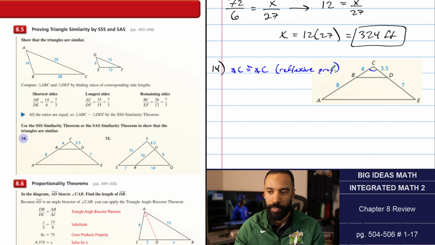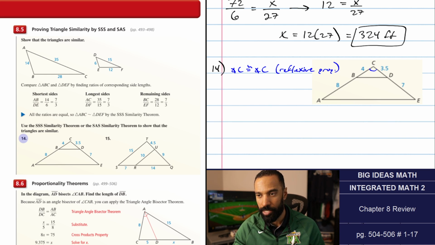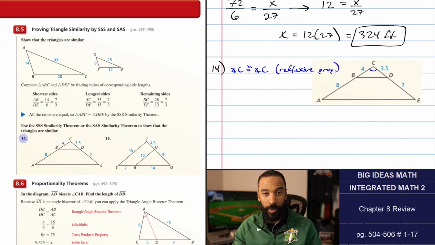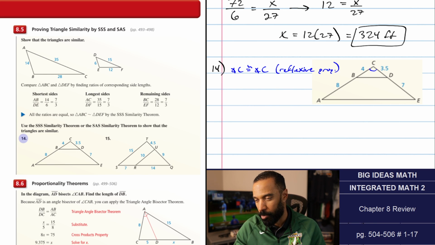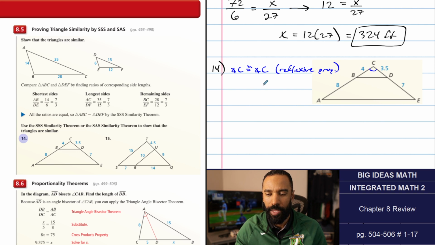triangles, tells us that this triangle should be similar to this triangle using side, angle, side. The angle has to be congruent for both triangles, and it needs to be in between the two sets of sides that we know are proportional. We've got to test for that proportionality. So I've got to see if 4 over